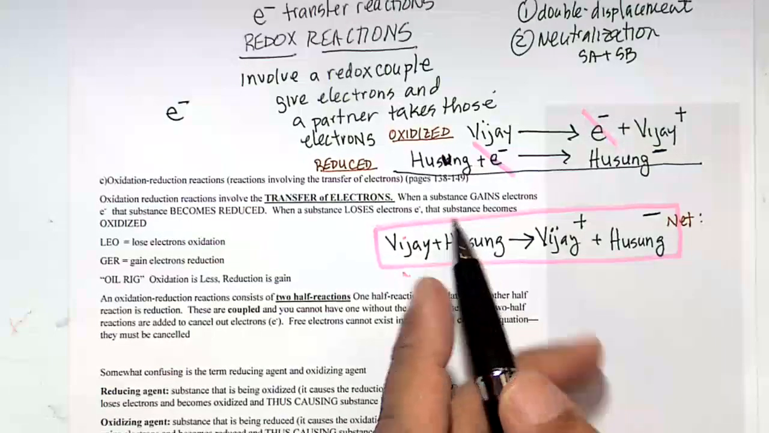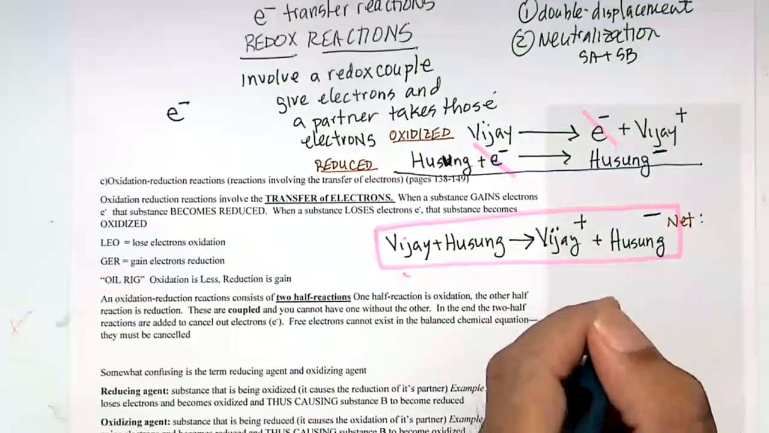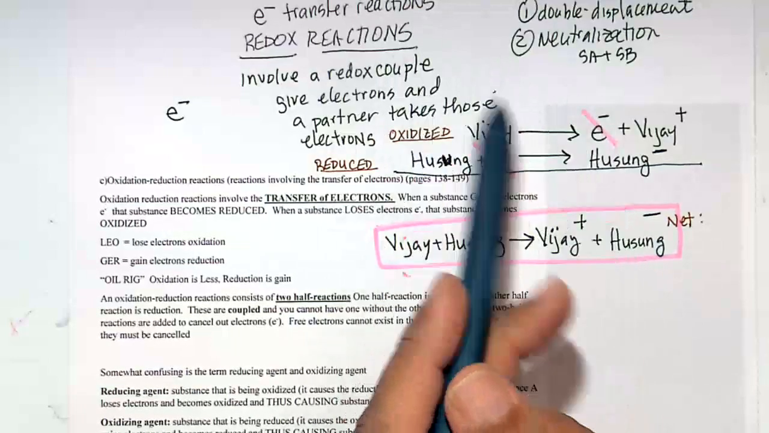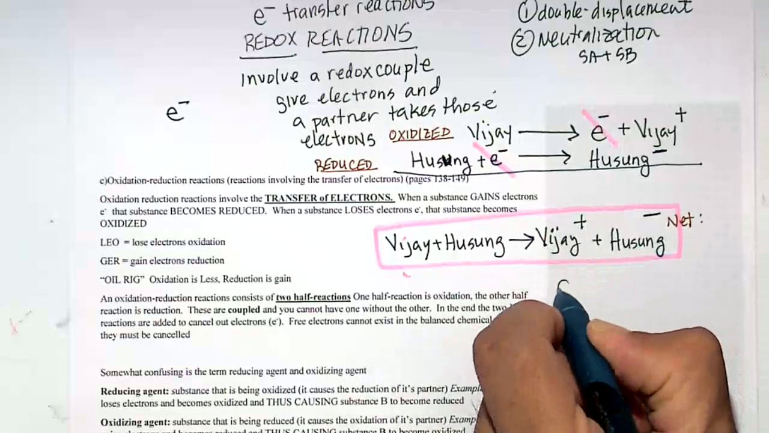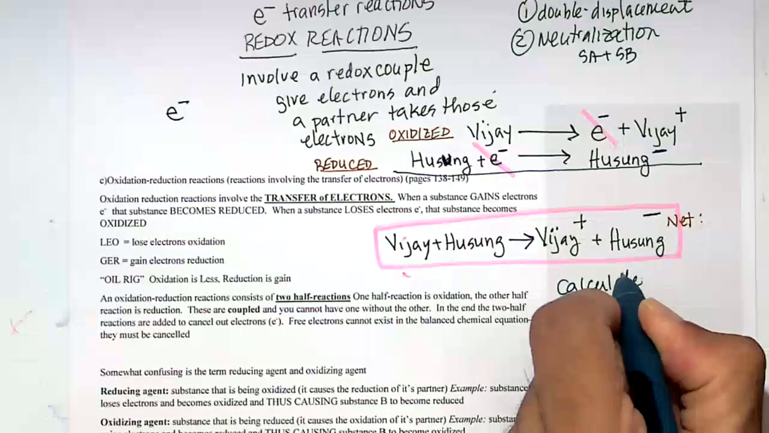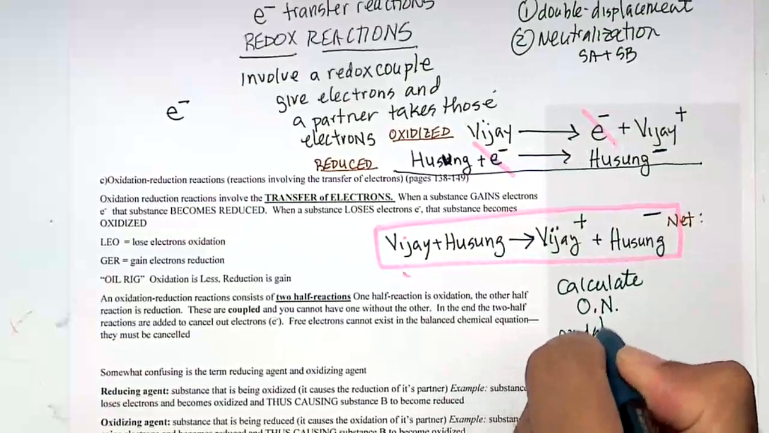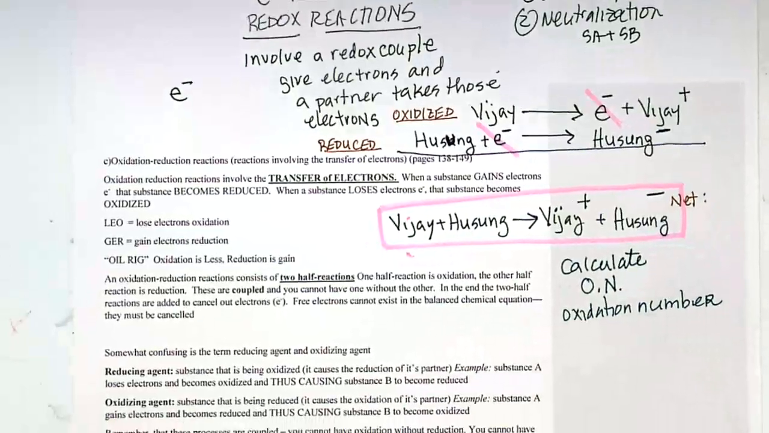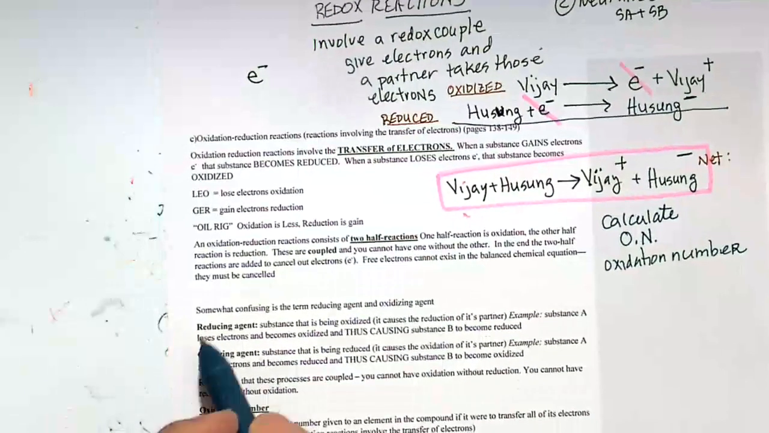So in order to do this, we have to calculate the oxidation number. That's all we're going to do. We will only calculate oxidation number. We will not do any balancing of redox reactions. The only thing we're going to do is calculate oxidation number. Call it ON, and the ON stands for oxidation number. All right, this is confusing, but